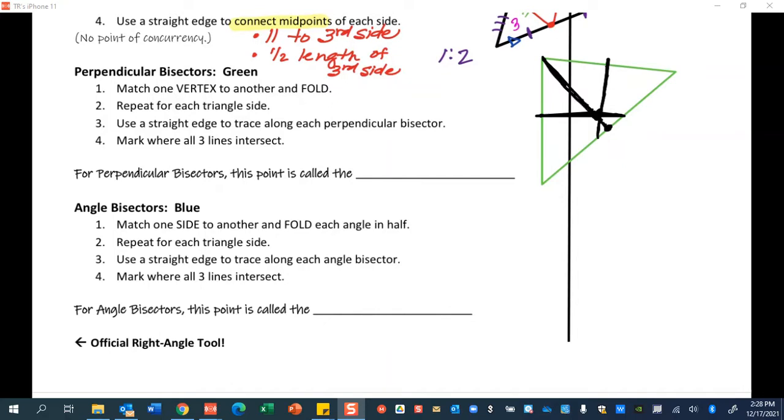When we have our perpendicular bisectors, that point of concurrency where all three lines intersect, we were shocked and amazed that that happened. We're going to call this one the circumcenter. And the circumcenter is actually pretty darn cool. I'll tell you why. Because that center point represents